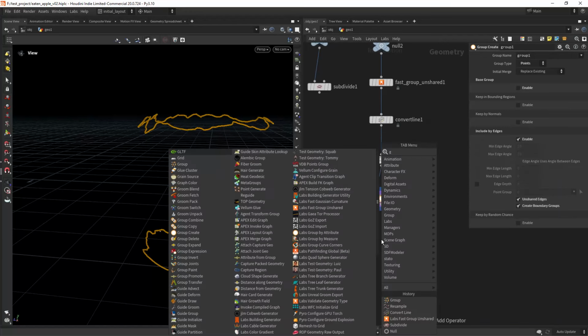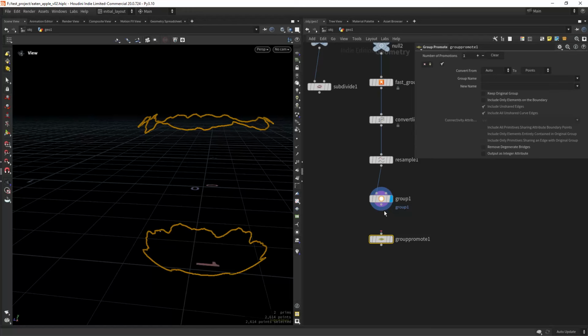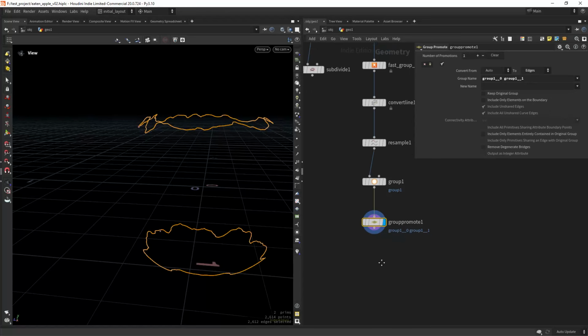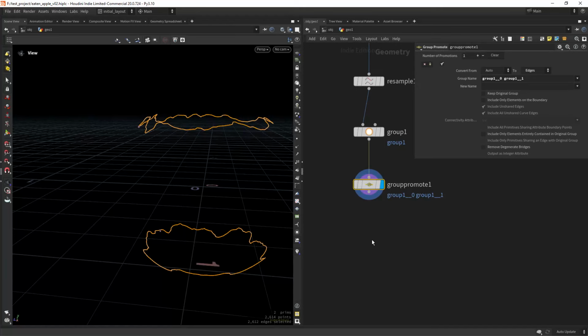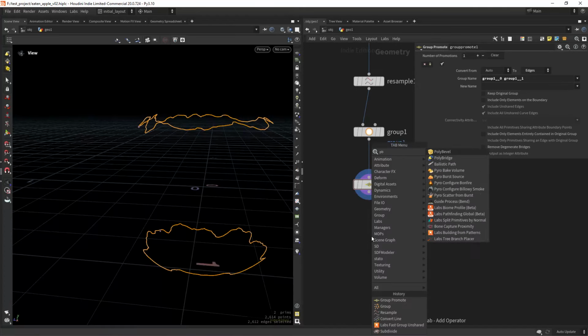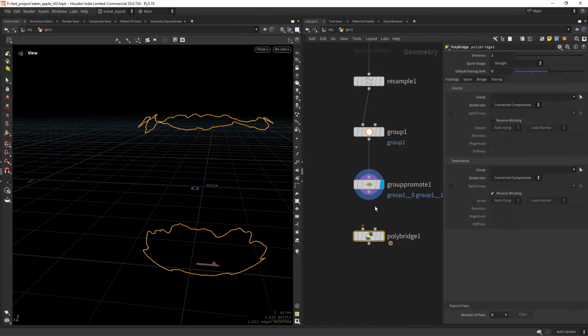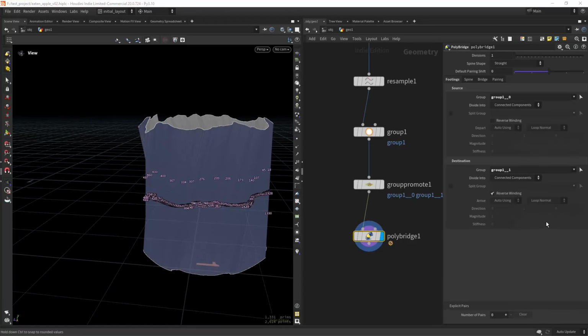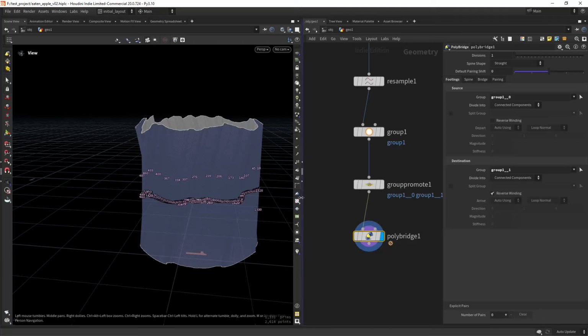And now we can group promote, and we will promote group 0 and group 1 to edges. And now we can poly bridge, and we will bridge the group 0 to group 1. So something like this,